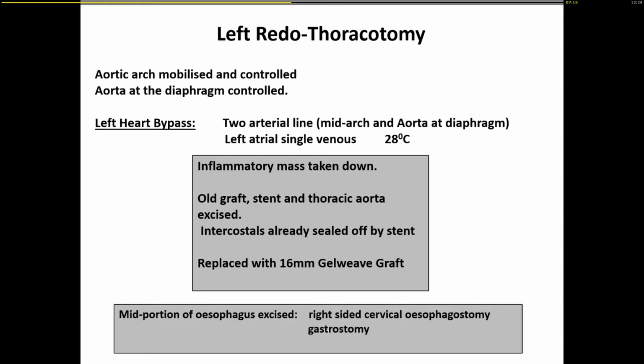And so she goes back to theatre, again through a left thoracotomy, but this time with bypass. Again, we saw a similar pattern. Adhesions fortunately weren't too bad. We could get control of the aorta above and below, but this big inflammatory mass was obscuring the mid-thoracic aorta. We went on left heart bypass with 2 arterial lines, one in the mid-thoracic arch and one in the aorta at the diaphragm, and a left atrial single venous cannula, and then felt confident to take down the